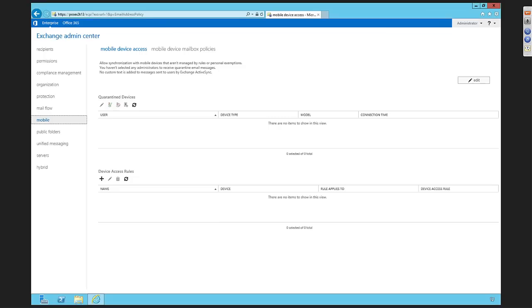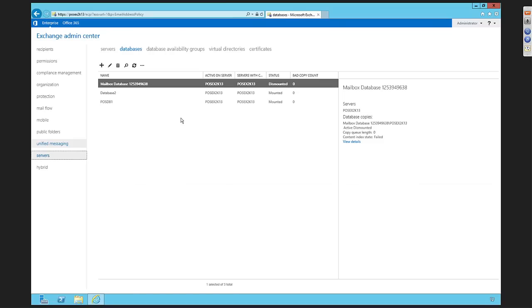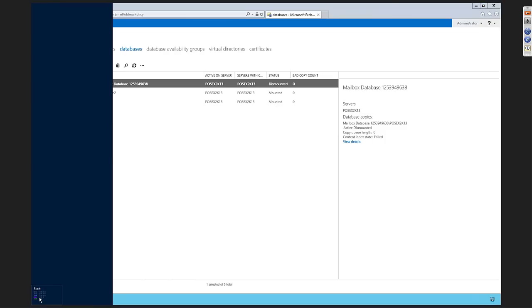Let's jump back over to our Exchange server for a second because I'd like for you to see something here. What we're going to do is take a look at Task Manager. If we go back to servers in the EAC, here you can see the databases. You can see we have a couple of different databases. One is not mounted. Now we have two mounted databases, and if we open up Task Manager,